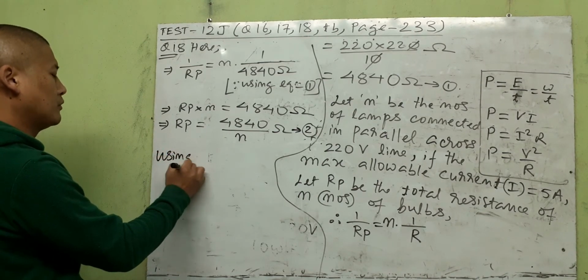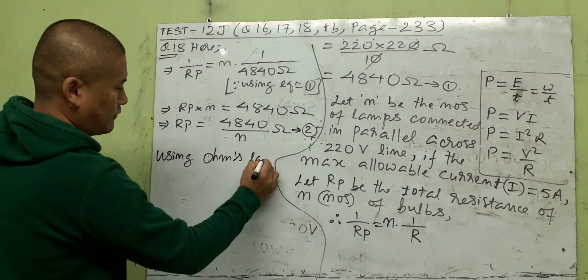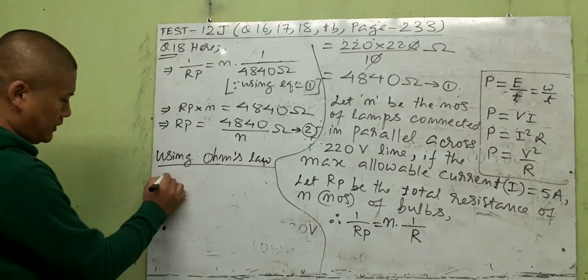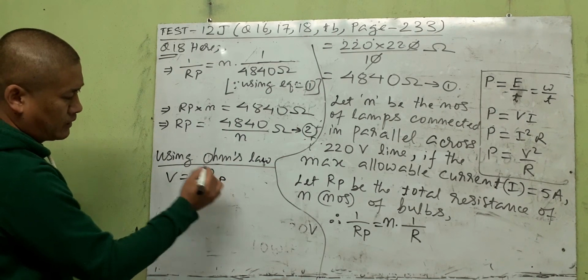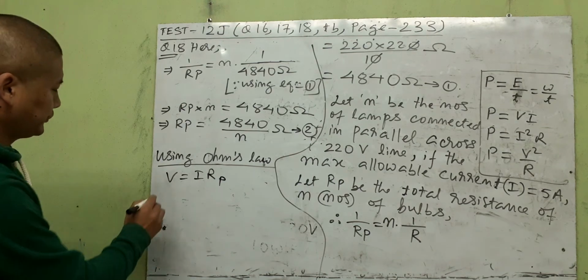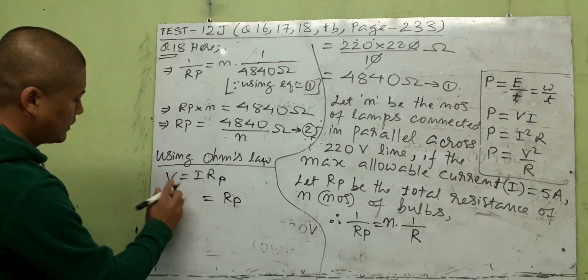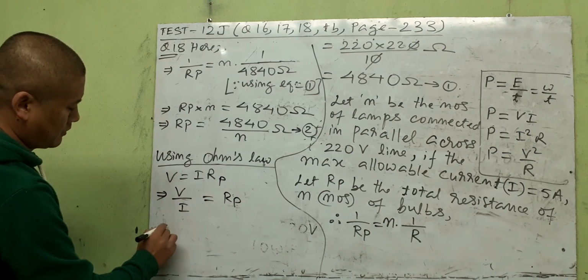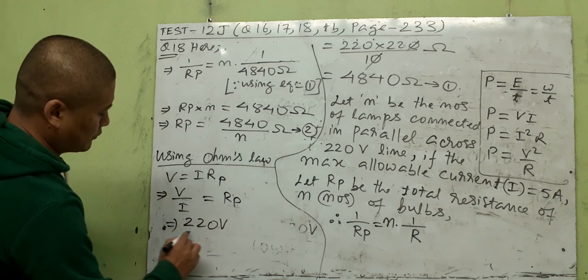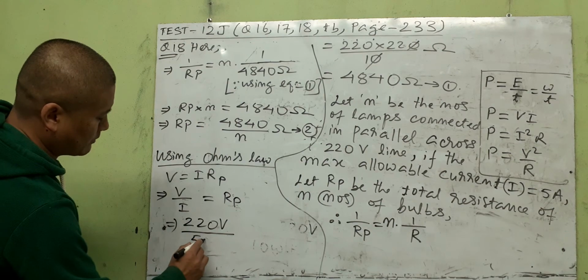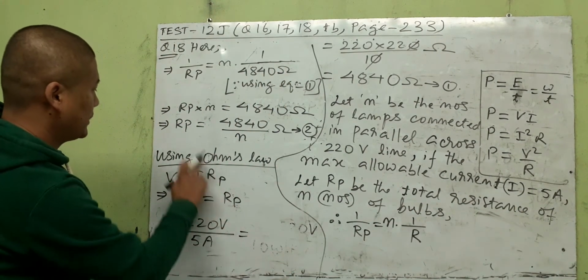Once you're through with that, you can write here, now using Ohm's law. Ohm's law is the famous Ohm's law equation. We are well versed with this: V is equal to I into R. The total here is Rp. So just put Rp. Then let us change this into the format of R. Rp, then here V divided by I will come down. So this V is, we know, 220 volt as we wrote in the beginning, by current allowed is maximum 5 ampere. As you can see here, I equal to 5 ampere. Rp is here now